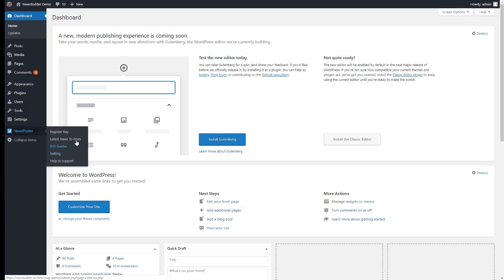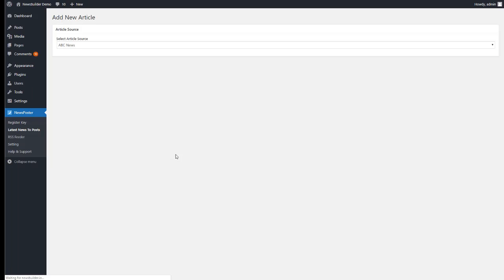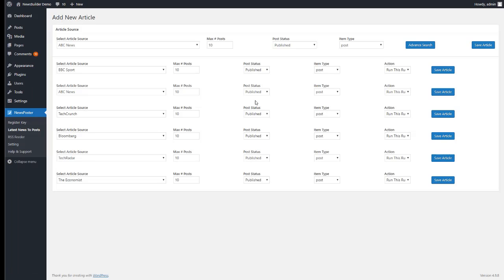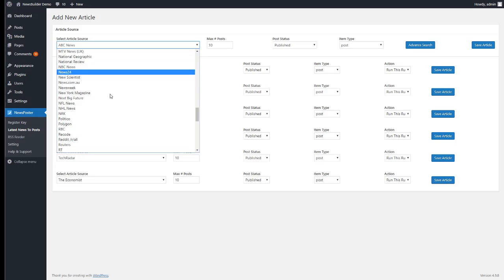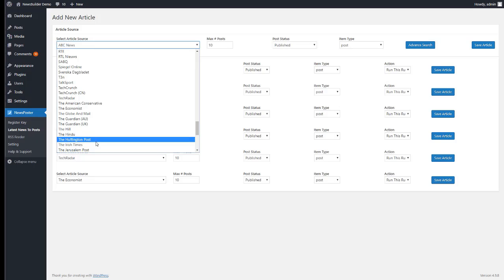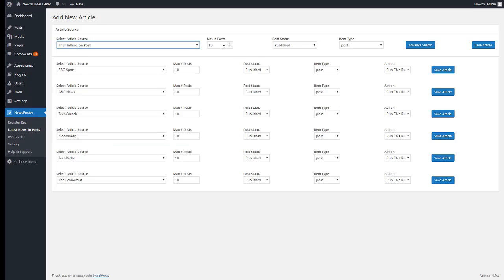So I'm going to go ahead and click on latest news to post. You can see there is a simple interface here, so we can select from all of these different news sources depending on what sort of news we want to post. So I'm just going to go ahead and select a random one. So let's go to the Huffington Post. We want it to post 10 articles, publish them now, and so I'm going to go ahead and hit save,